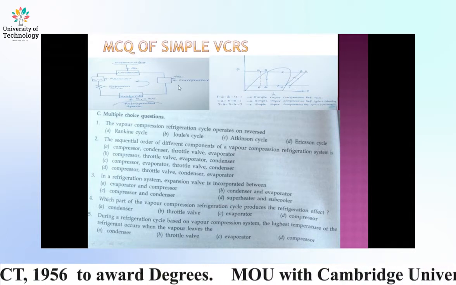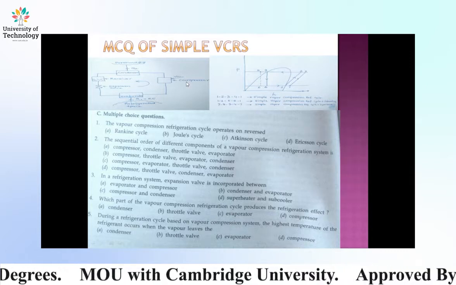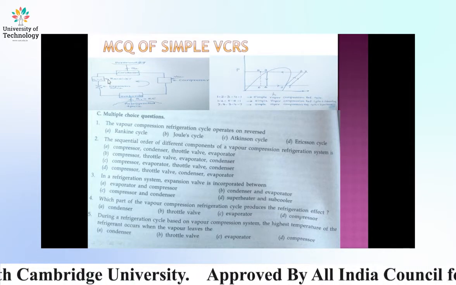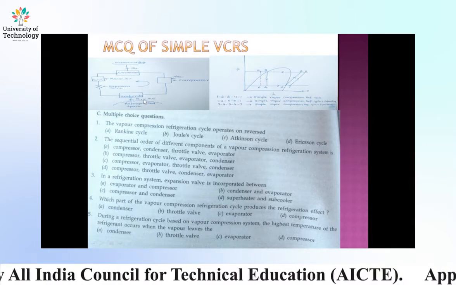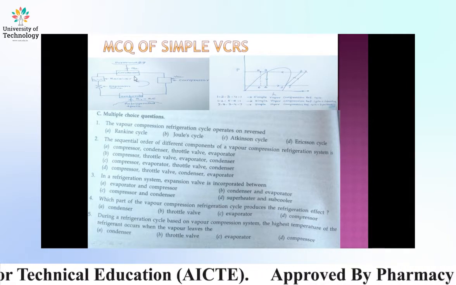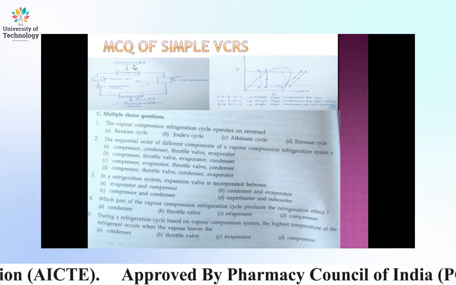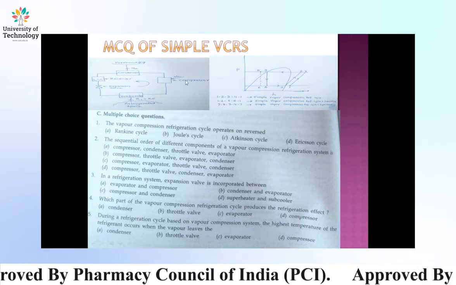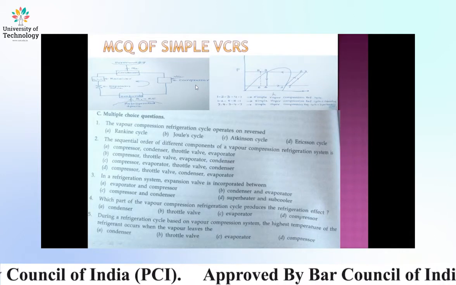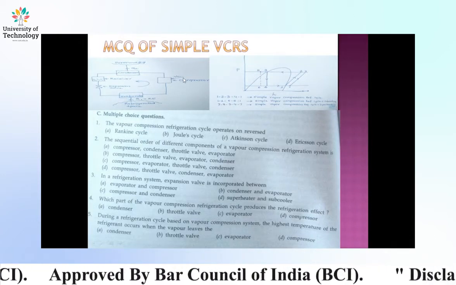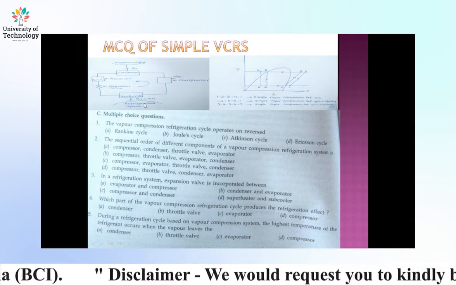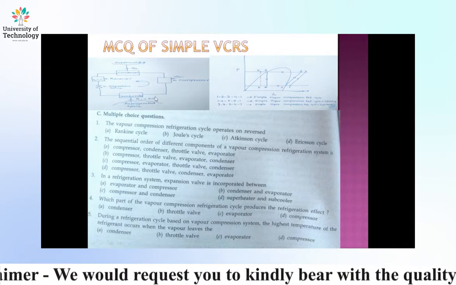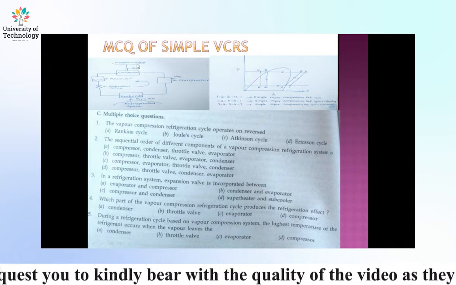In this diagram, these are the main components: compressor, condenser, receiver, expansion valve, and evaporator. Evaporator extracts heat from the refrigerated space, and condenser rejects heat to the surrounding. And compressor requires some work done on it. So WC is the work done on the compressor. Q1 is the heat extracted from the surrounding, that is refrigerated space, which is also equal to refrigerant effect. And Q2 is the heat rejected to the surrounding.